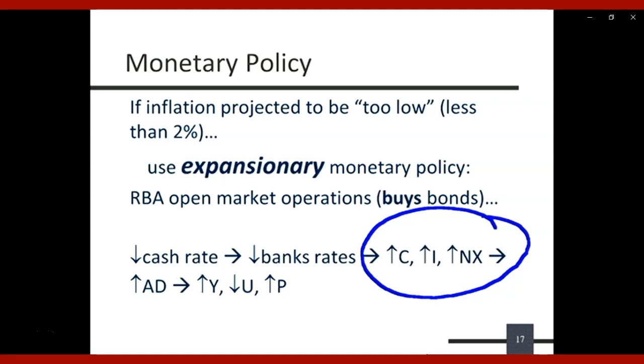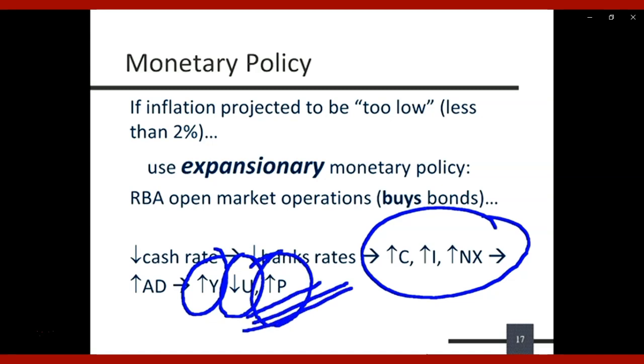When aggregate demand for goods and services rises, businesses respond how? They respond by producing more. Real GDP, represented by Y, rises. Some unemployment is sucked up as a result, which is a nice side effect. But more important than that, the point to the whole exercise from the perspective of the Reserve Bank was that prices are inflated. That was their objective. Remember, we started off with inflation projected to be too low. We want to push prices up. This was the aim of the whole game.